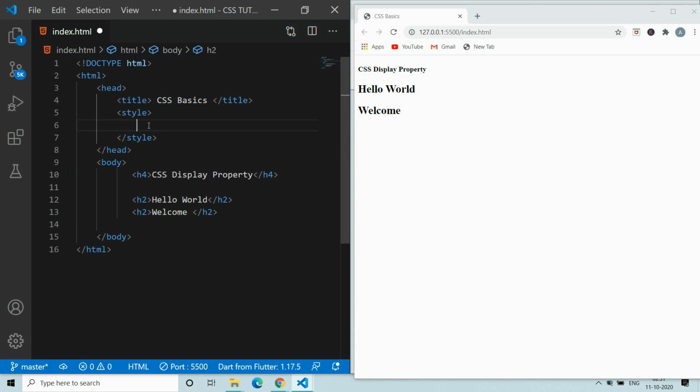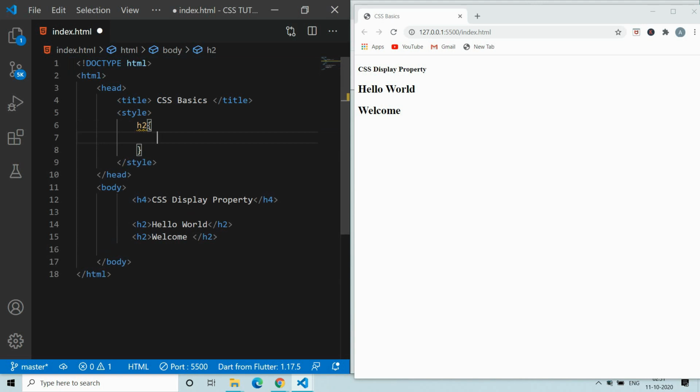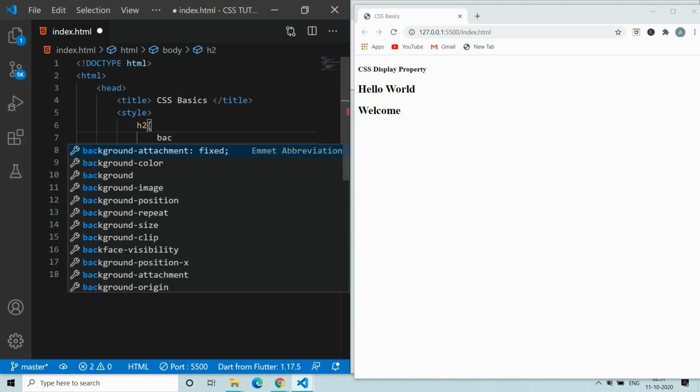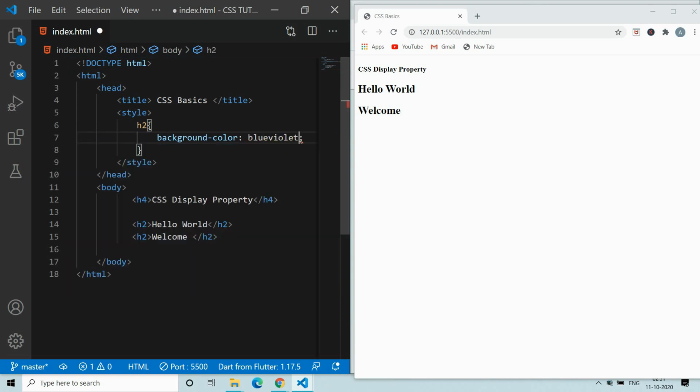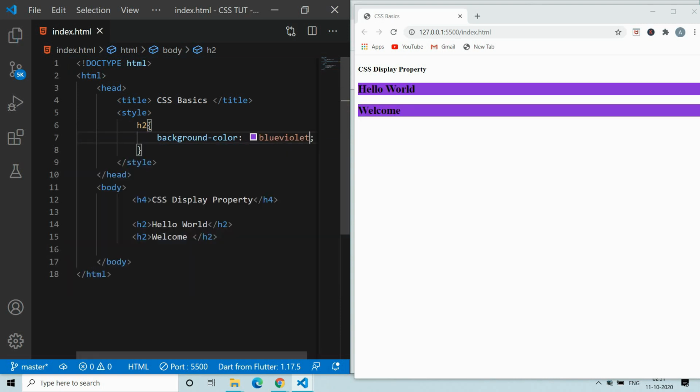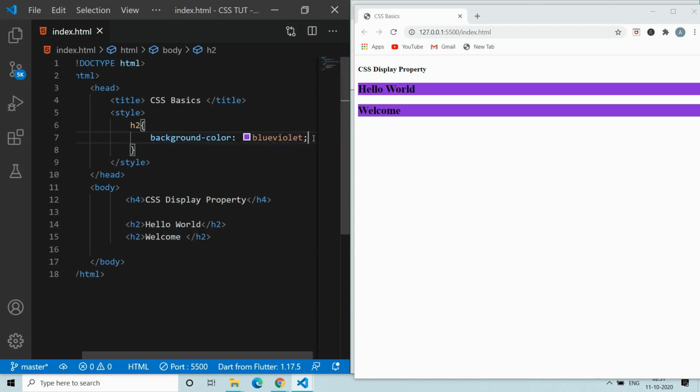So here I'm writing h2 in the style tag, and I'm going to set the first property which is background color. The reason behind setting the background color is this will give you a better understanding of the display property. So after refreshing you can see this is by default the space occupied by the heading tag. The color shows the default space, and if you want to change the color you can also use the color picker